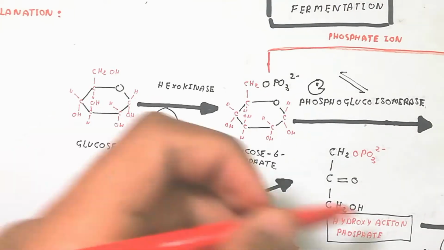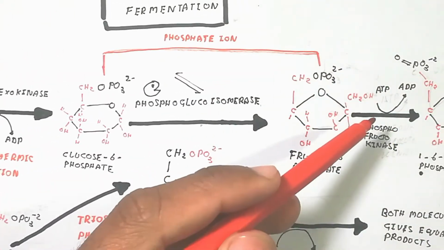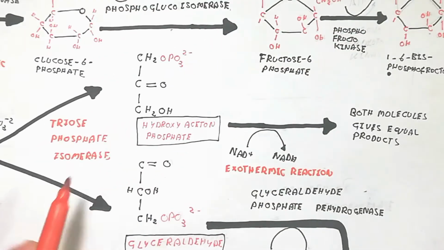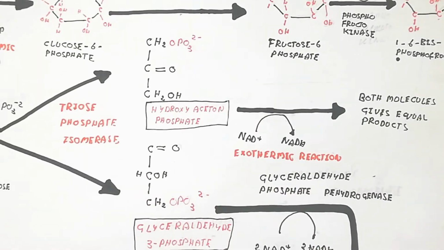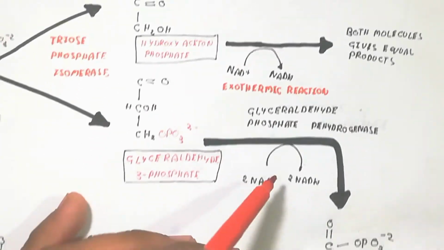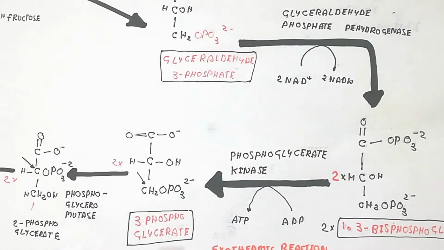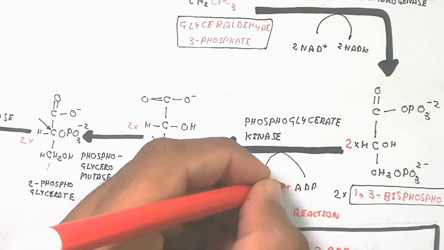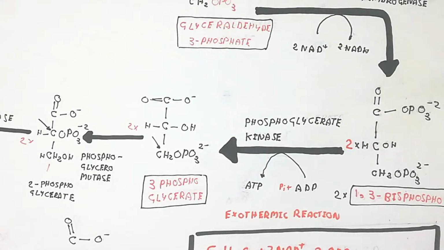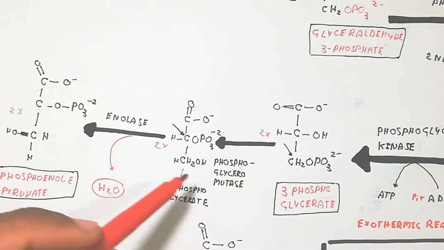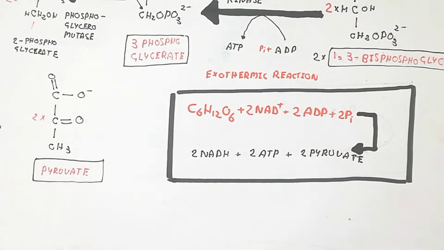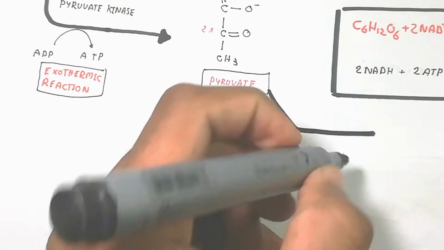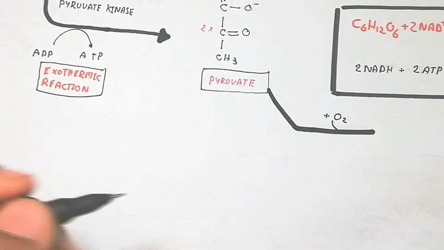So here ATP is used and here ATP is also used. So it means 2 ATP are used, and here NADH is produced, and 2 NADH are basically produced here. And here ATP is produced, which means 1 ATP here. Inorganic phosphate will be added, and here is the dehydration, and it means 2 ATP will be produced from here to here. So 2 ATP are produced and 2 ATP used.